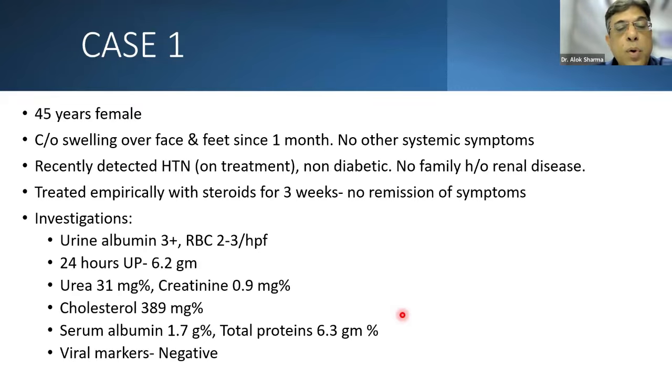And on investigations, you had a typical nephrotic syndrome with nephrotic proteinuria more than 3 grams per day. Renal functions were normal. There was dyslipidemia and hypoalbuminemia. So you have a serum albumin which was only 1.7 grams of a total of 6.3 grams of protein, and other viral markers. So this patient had a typical nephrotic syndrome. Only abnormal thing is she had hypertension and she had not responded to steroids. That was the only abnormal thing, right? So we can take up the biopsy if I can toggle between the